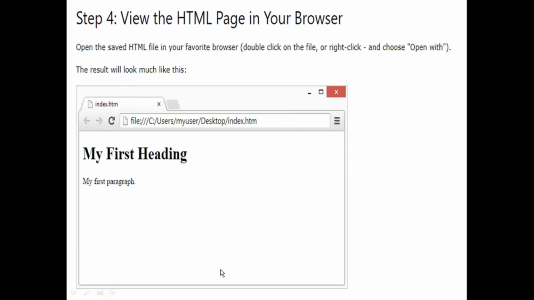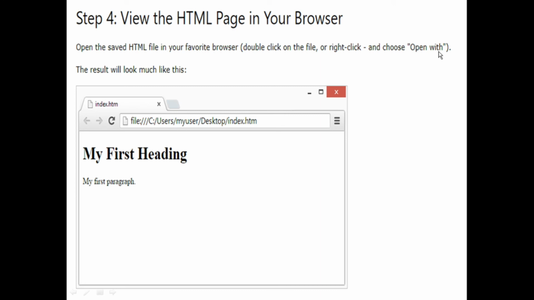Okay, step 4, view the HTML page in your browser. To run the HTML page, open the saved HTML file in your favorite browser. You can open it by double clicking on the file, or right click and choose open with.